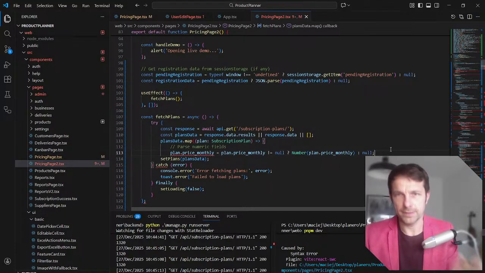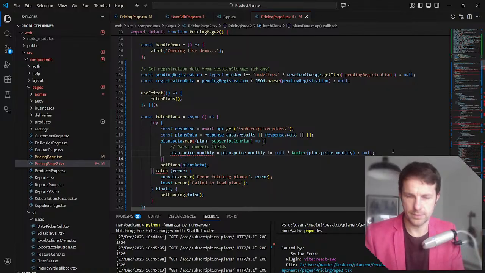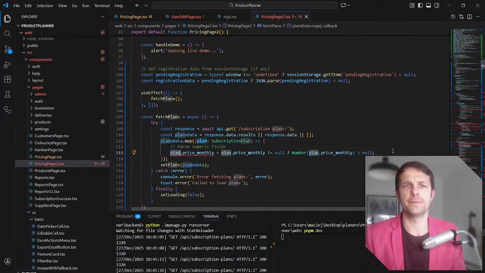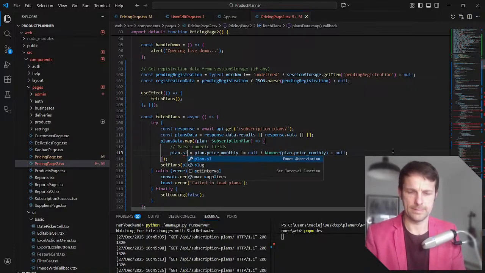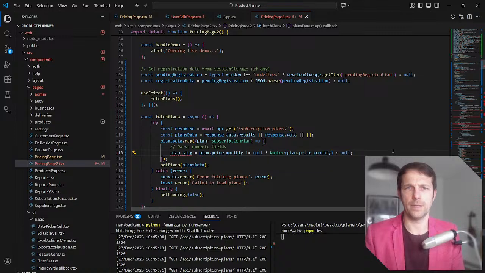No, plan. Okay, that's fine. Let's not go too far. AI, thank you. Thanks for what you did already. Good. I just want a slug actually, when I'm mapping through it. Slug. Yeah, I'll just have it as a string.